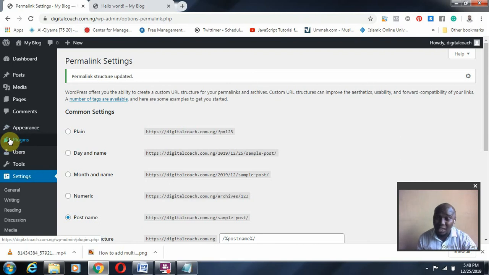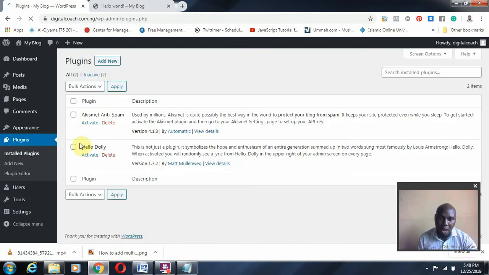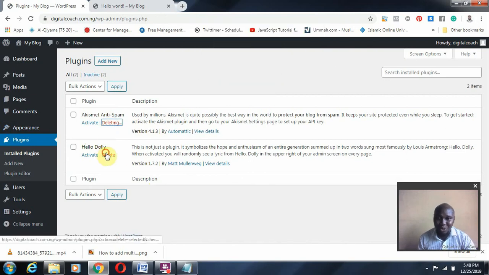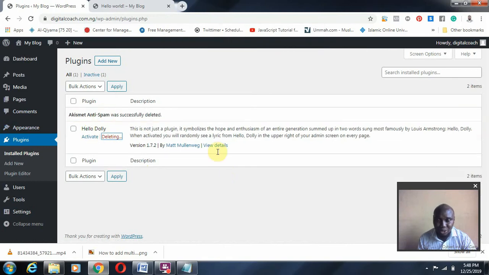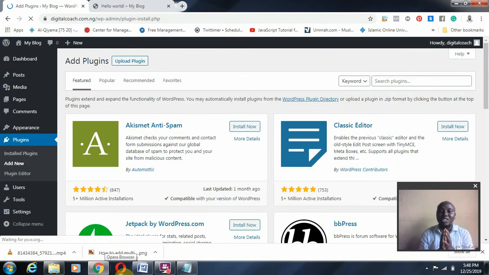So we come to plugins. I said plugins is the internal body of the functions of the website. So we just click on plugins. These are the 2 available plugins by default. We have this one for anti-spam, I'm deleting it. We have this one for Hello Dolly, I'm deleting it. I don't need those, probably not for now. So I'm going to click on add new, and I'm going to install